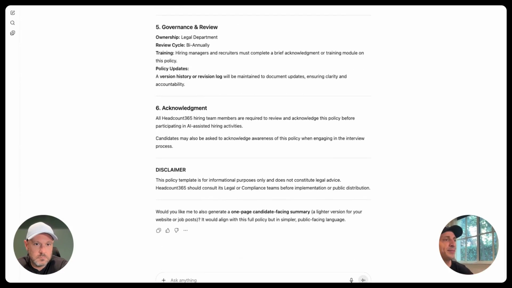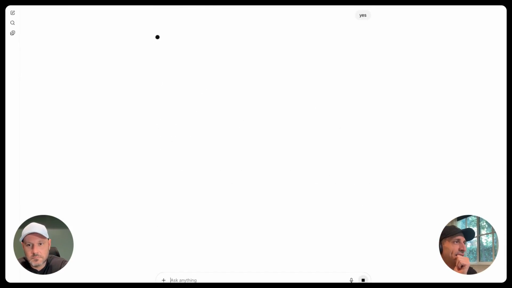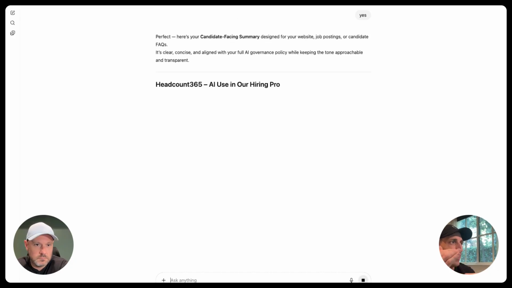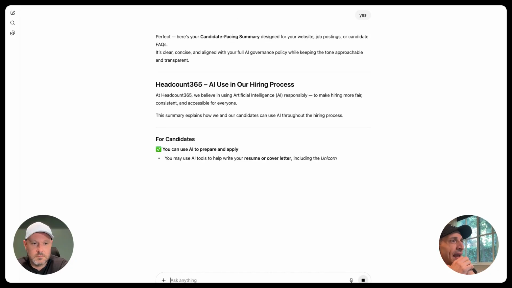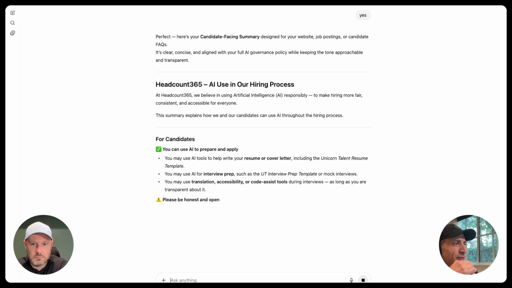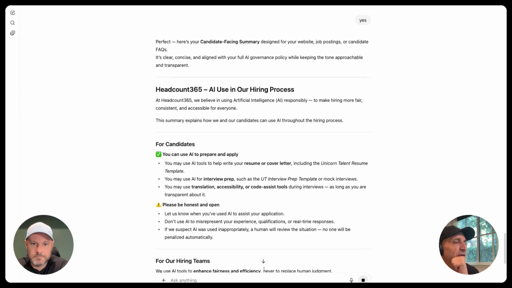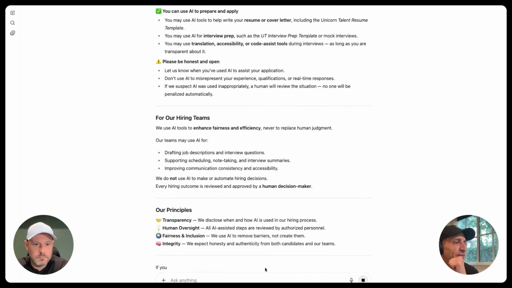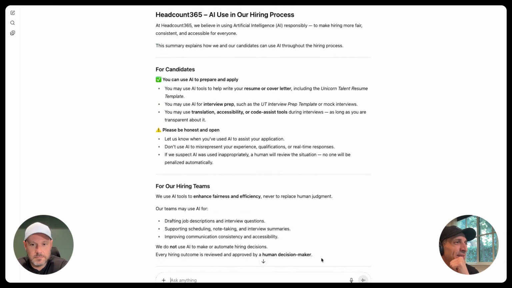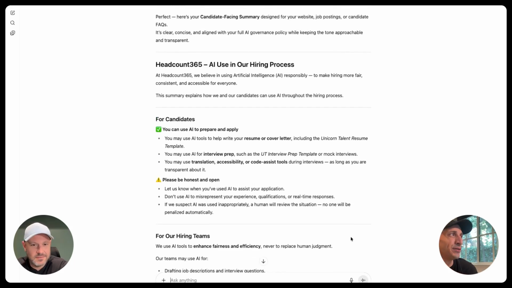At the bottom, I can get a one pager for candidates. This gives people a templated, out of the box use case, which, of course, you should review with your legal and communications team, that you can then put across your different hiring practices. I love it, man. This is great. This is AI for AI, and AI for TA, which are two of my biggest interests right now.